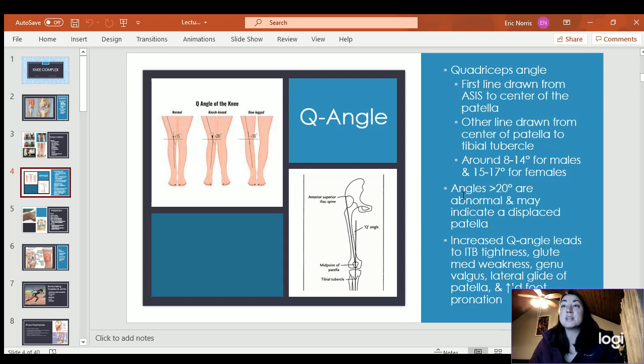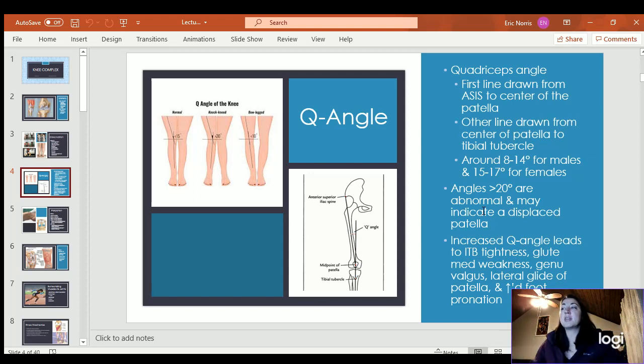If the angle is significantly more than 20 degrees, then it may actually indicate a displaced patella, that it's actually out of alignment and you're getting a false Q angle there. So an increased Q angle whenever you're already built in a way that the alignment has wider hips,